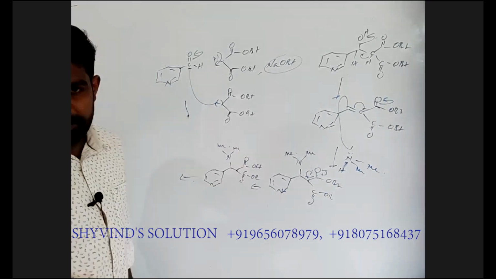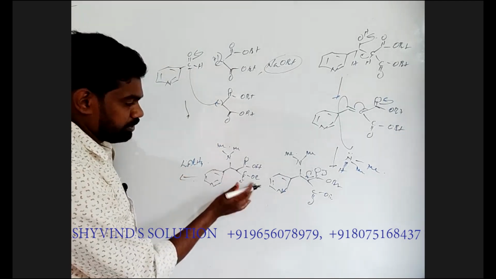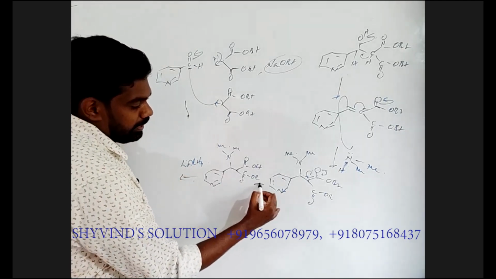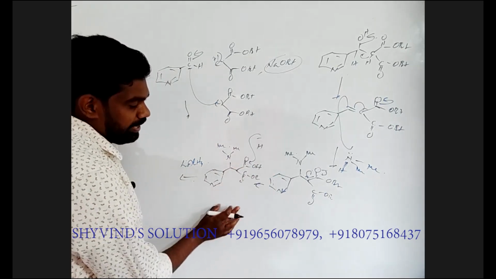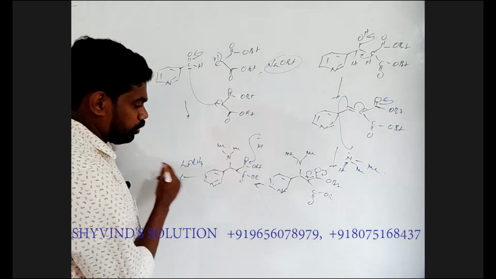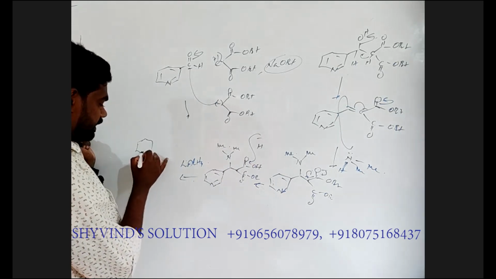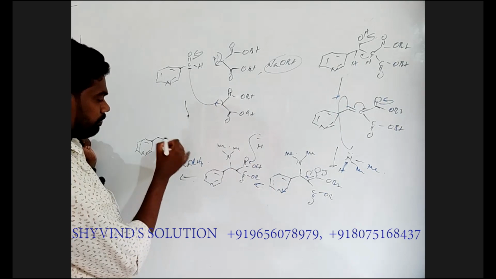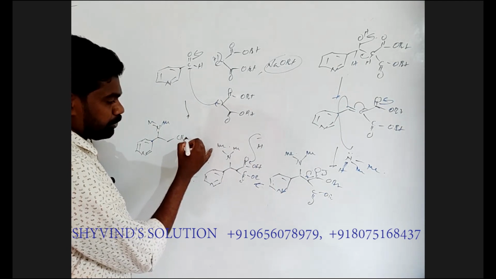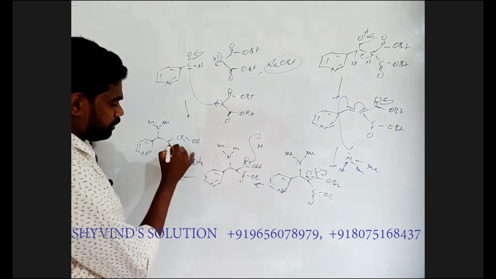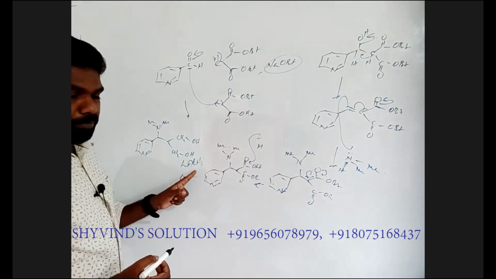Now we are treating this one with lithium aluminum hydride. We know lithium aluminum hydride can reduce this carbonyl group to this aldehyde. This is an ester. First H minus will come to attack this one to form an aldehyde. Again it reacts with that aldehyde to convert it to alcohol. So two times you should go for that reaction. So it will become CH2OH. Okay, this will become CH2. This also will become CH2OH. So this is the product after the treatment with lithium aluminum hydride.